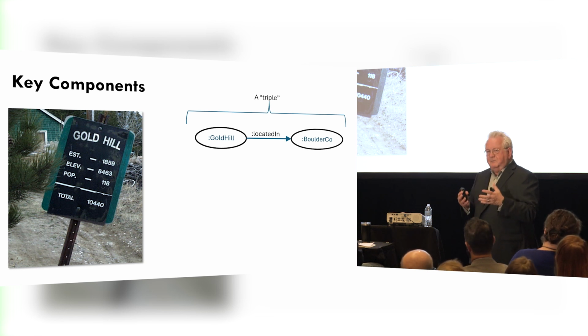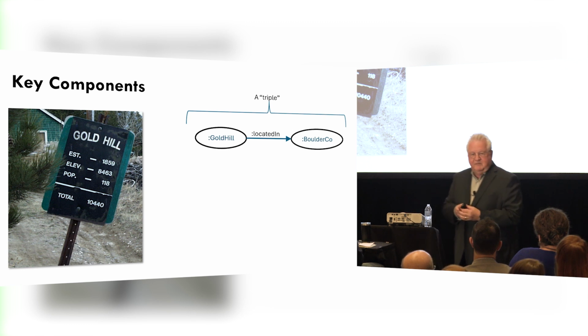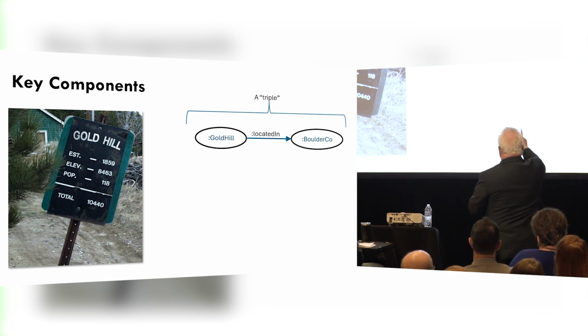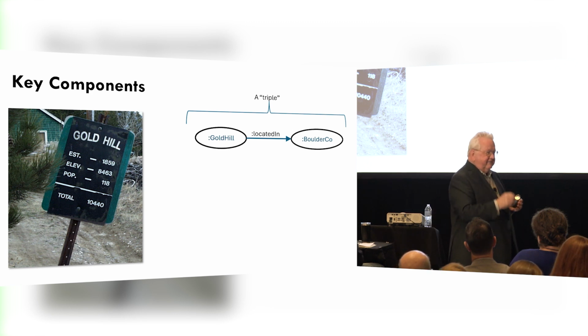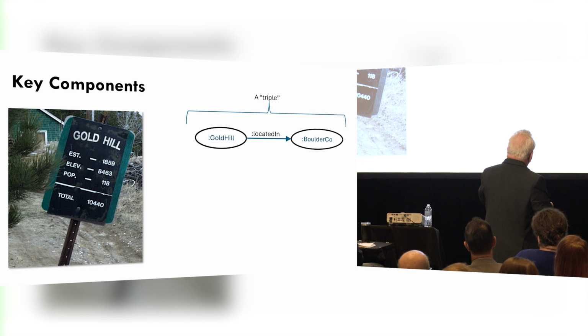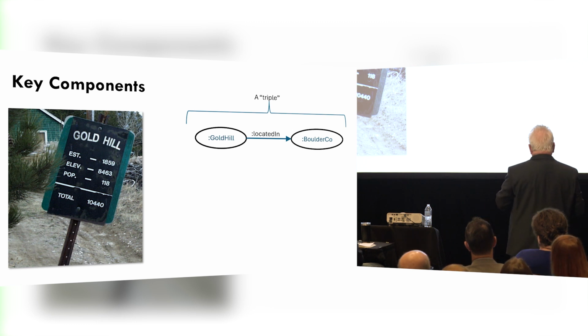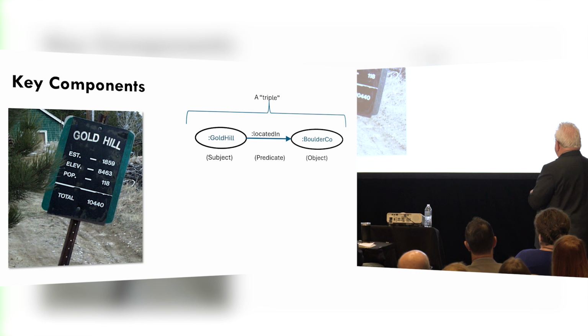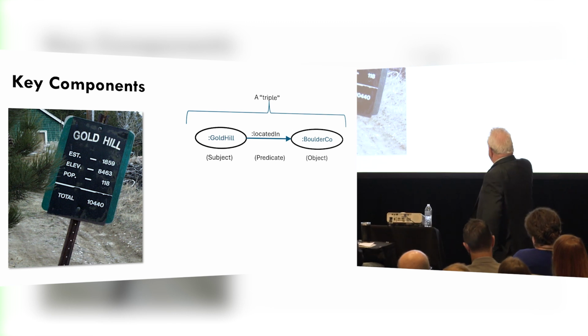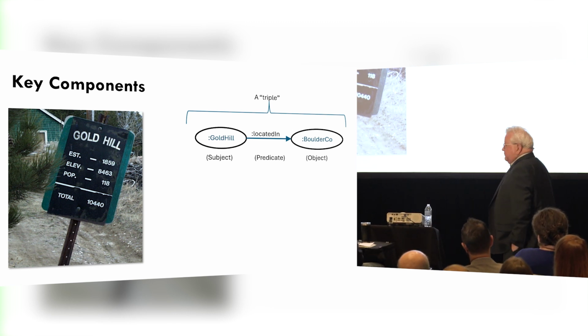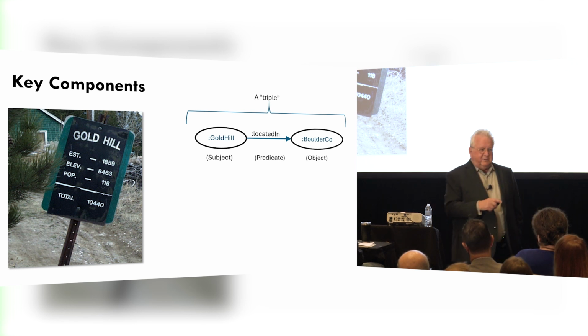So we say information about things with this device called a triple. A triple is just two nodes with an edge. And the nodes can either both be things, or one is a thing and the other a string. There are a few strings. They're kind of leaves on the edge of a graph. So that's the basic building block of graph databases. These are little tiny sentences. They say it's a subject, predicate, object. You can usually read these things. They read nicely. Gold Hill is located in Boulder County. You might have thought that was Boulder, Colorado, but